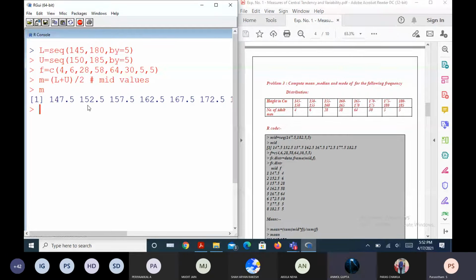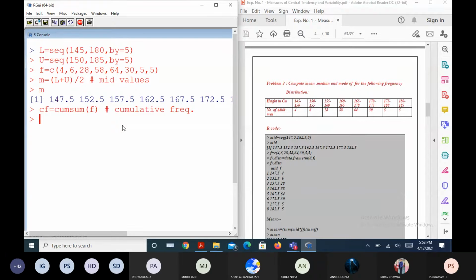And for finding the median, do we require the cumulative frequencies? Yes. What is the syntax for finding the cumulative frequencies? Cumsum, right? Cumulative sum of which variable do I have to use now? So F. This basically tells the cumulative frequency, right?